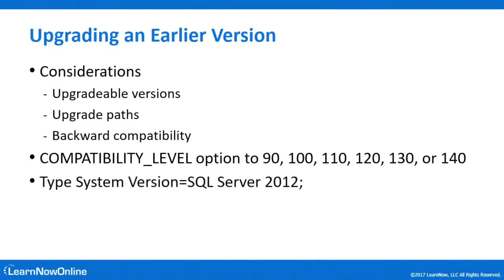And then another thing to know if you're writing .NET applications against SQL Server. If you're connecting to SQL Server using the .NET Framework data provider for SQL Server, sometimes just abbreviated SqlClient, you can set the type system version keyword in the connection string to one of several possible values. I have an example of Type System Version equals SQL Server 2012, but you can do it for 2008, 2012, 2014, or 2016. And you can also set the type system version equal to latest to access the latest version